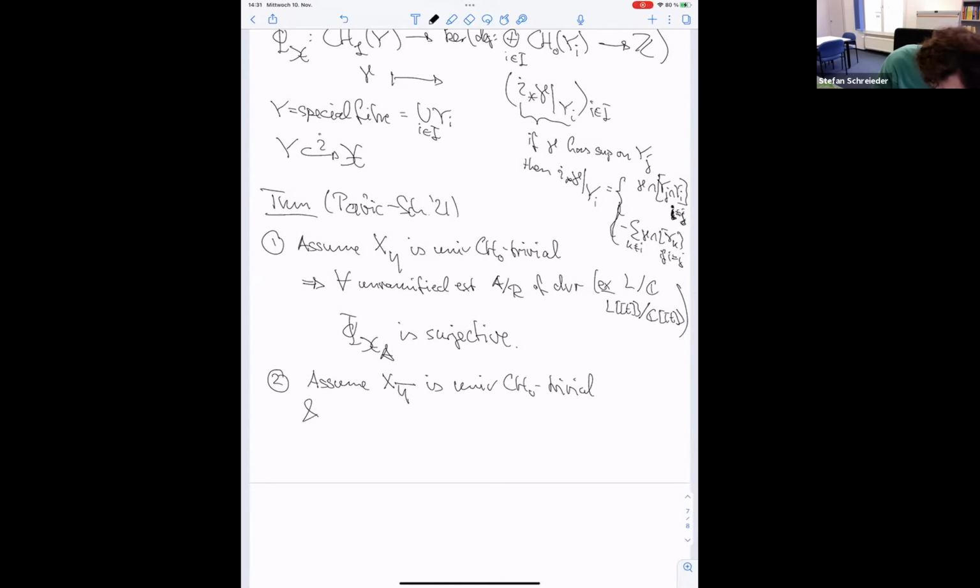and then I need to assume that the special fiber is a chain of components. So the dual graph is really a line. So it looks like this. There's one component, another component, and so on. Yeah, so the simplest non-trivial case that you can imagine. And if we are in that simple case, then we can